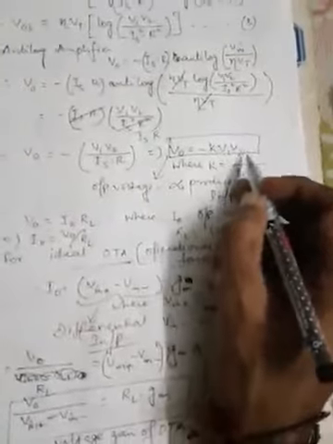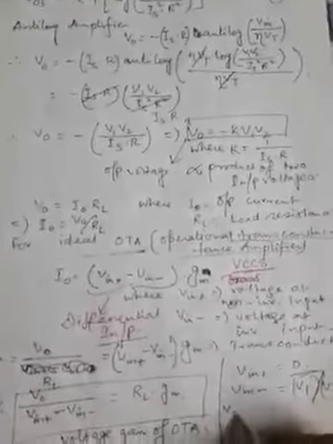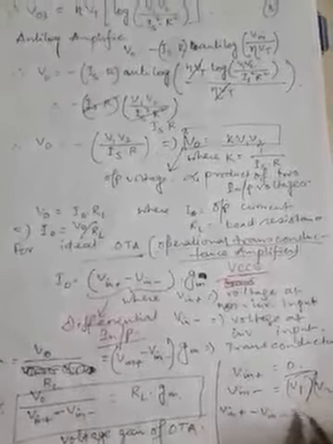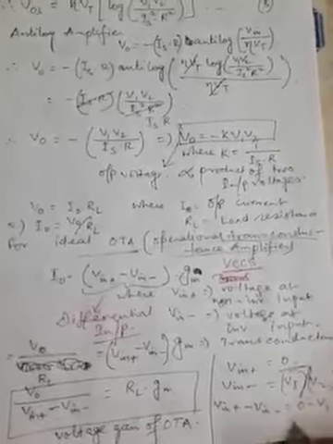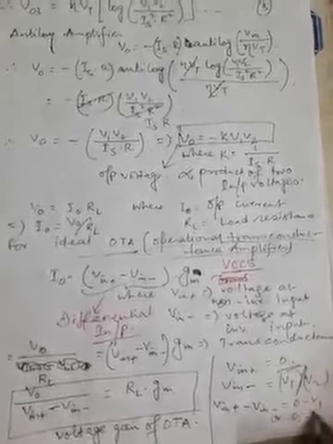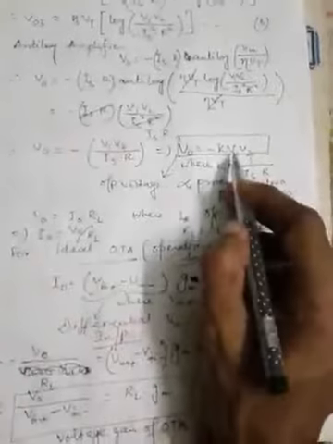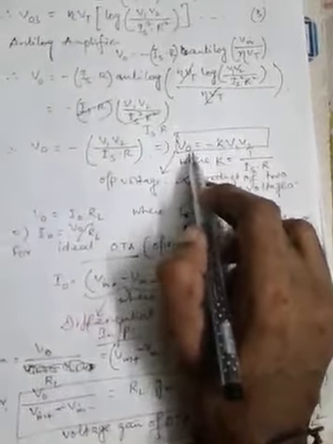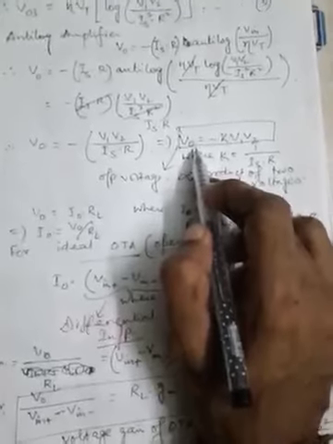So therefore, if we consider the absolute value of V1 and V2 from their differential values, because then V in plus minus V in minus is actually coming as 0 minus V1 or 0 minus V2. So this is either minus V1 or minus V2. Now taking their absolute values and putting them over here to be multiplied by K, where K is given by this, is the output voltage for this analog multiplier.